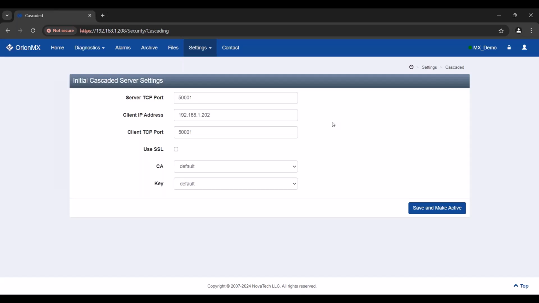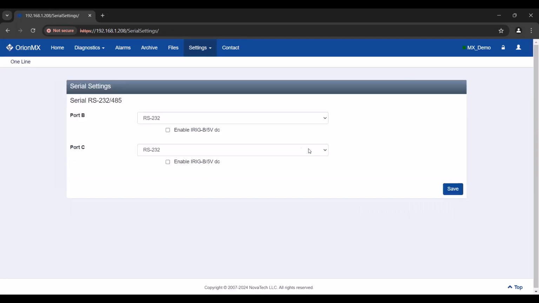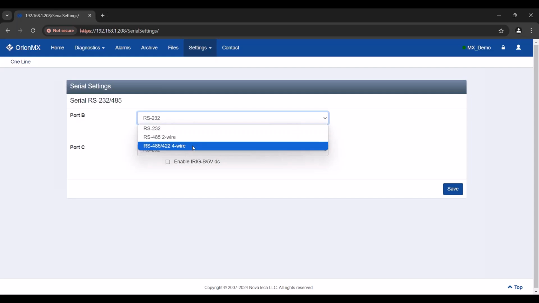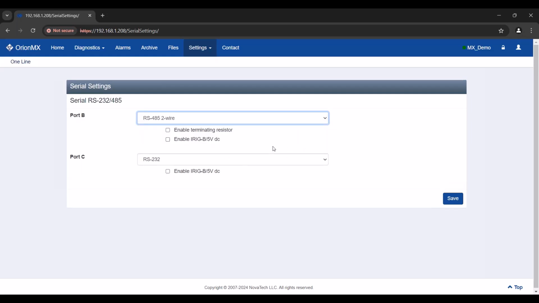And so by default, those ports are RS-232. And if you need to use RS-485, obviously you're wiring it up and you test it and you're like, why isn't it talking? The main thing that I think people are forgetting is if you go into your settings serial, because the software is selectable, you need to go into the web UI and switch it to RS-485 2-wire or 4-wire. And so let's say you're doing 2-wire,